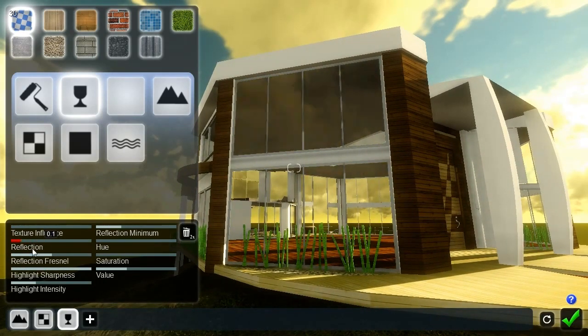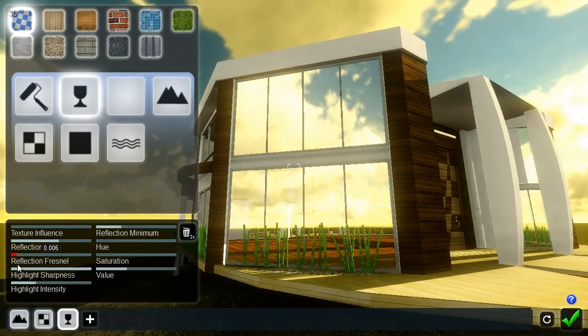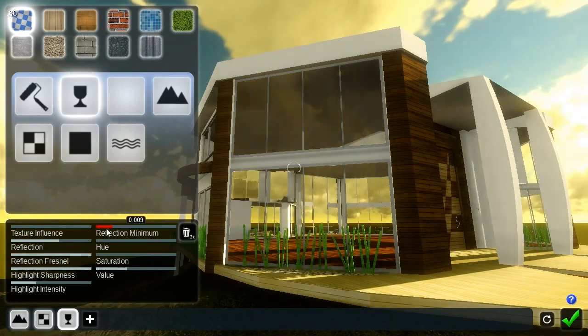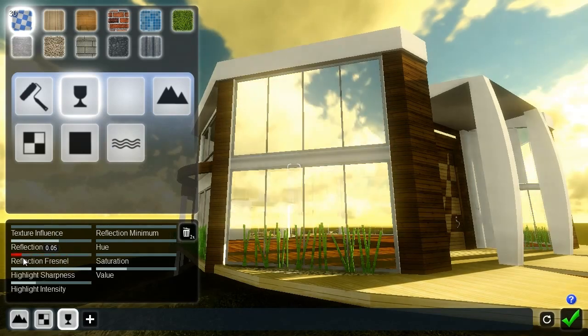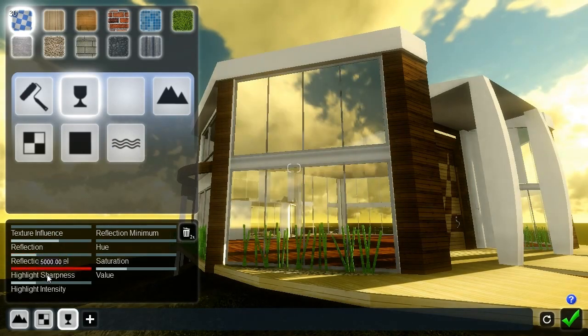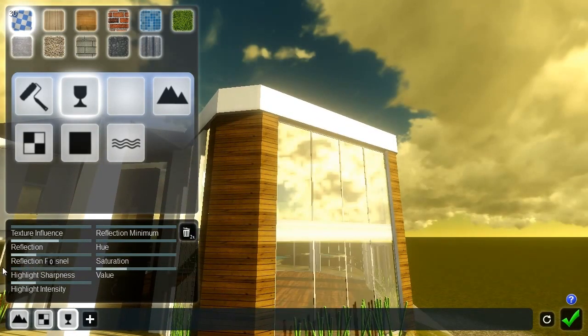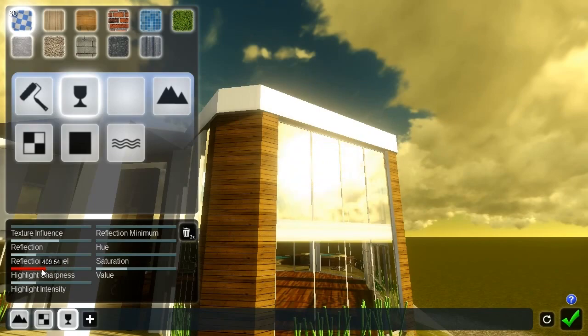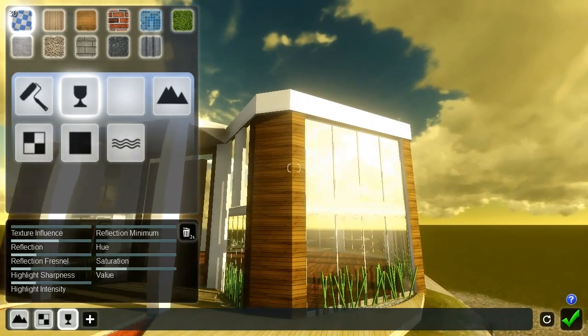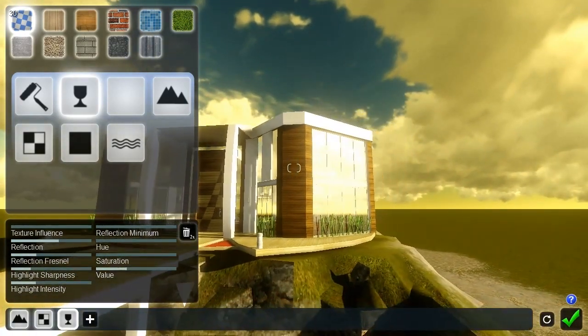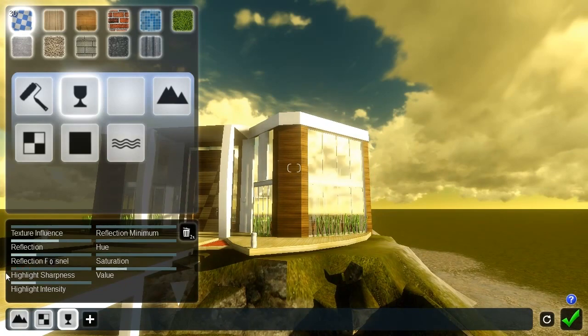Reflection controls the amount of reflection. Reflection Fresnel controls the amount of reflection fall off at grazing angles. The reflection minimum slider controls the minimum amount of reflection. Highlight sharpness controls the sharpness of the sun's reflection. The sun either reflects as a sharp highlight or a dull reflection. The highlight slider allows you to increase or decrease